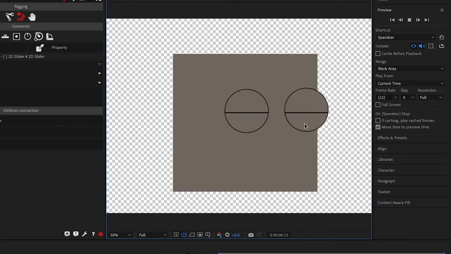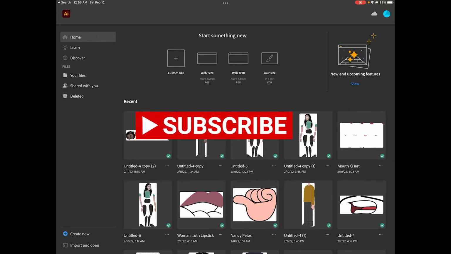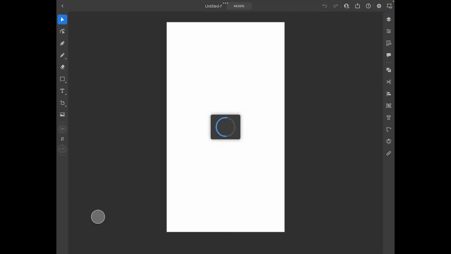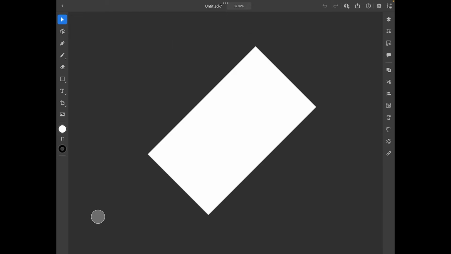What's going on, y'all? Today we are going to be making an eye rig using Adobe Illustrator and Adobe After Effects. I'm going to start off with Adobe Illustrator. Right here, as you can see, I'm using a version that's on an iPad. I'm going to select the standard 1080 by 1920. What we're going to do first